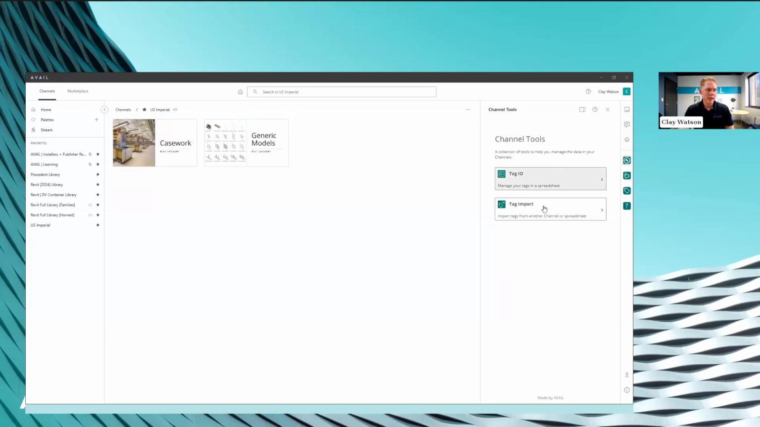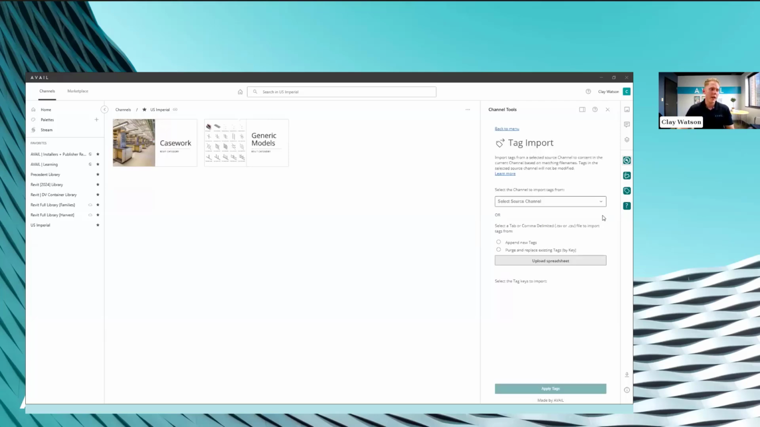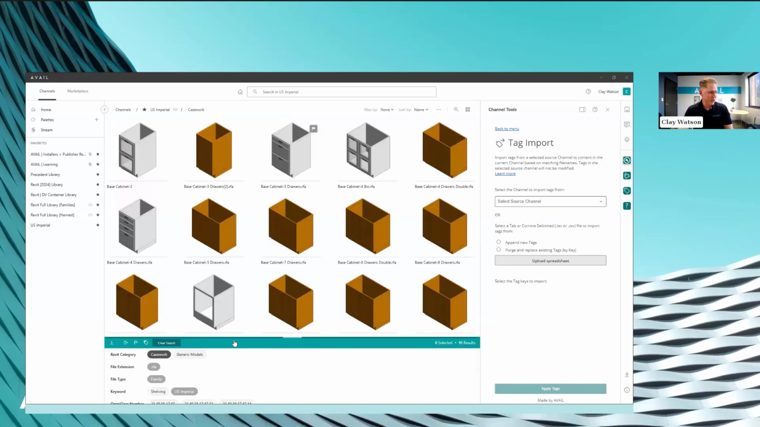And then we've also got the other option, which is your tag import. This is a way, as you're growing and using AVAIL and adding more and more channels, sometimes you don't want to do the rework to set up your tag and key value pairs. When you're in a specific channel, you've got your set of keys at the very bottom, and this is your filters